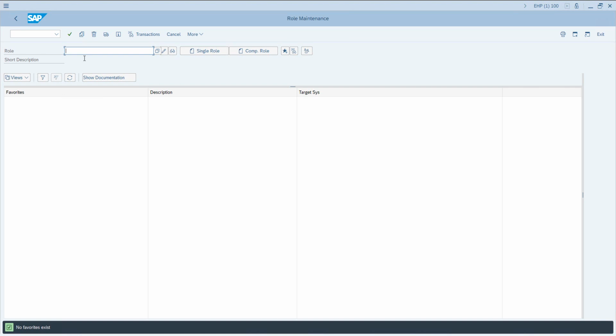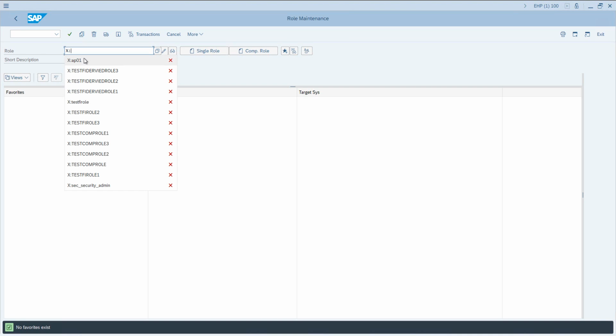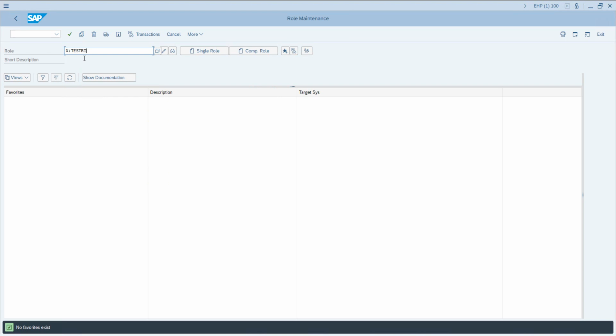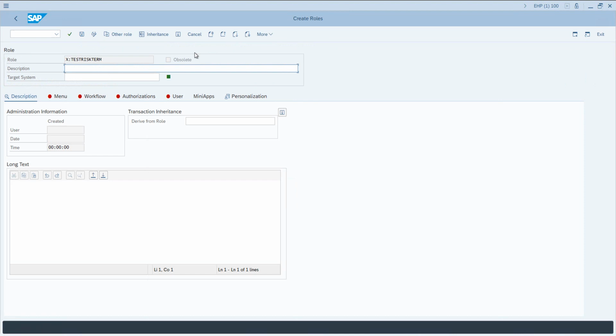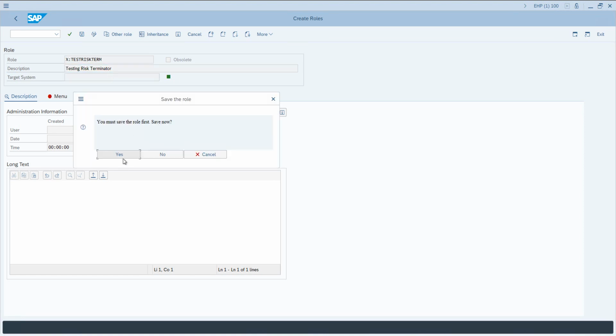So let's go create a role called X colon test risk terminator. Click on create single role. We say testing risk terminator. Okay, say yes.